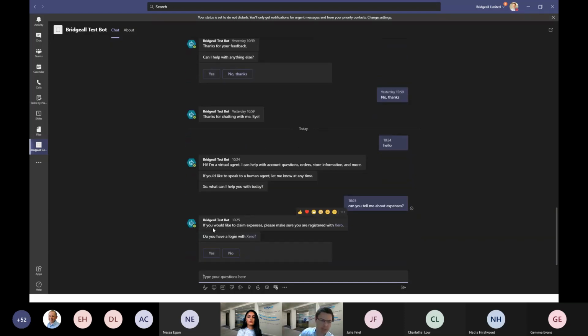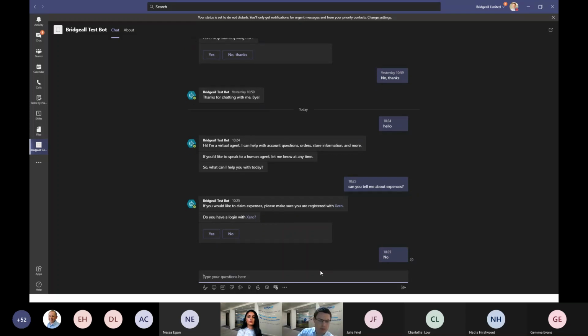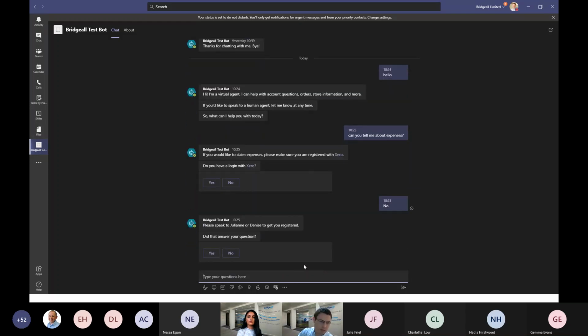Then it will go away and it will come back and say, if you'd like to claim expenses, make sure you're registered with Xero. Do you have a login with Xero? And at that point, I can either say no, or I can just type no. And then that will say, please speak to Julianne or Denise, who are our office admin staff, to get you